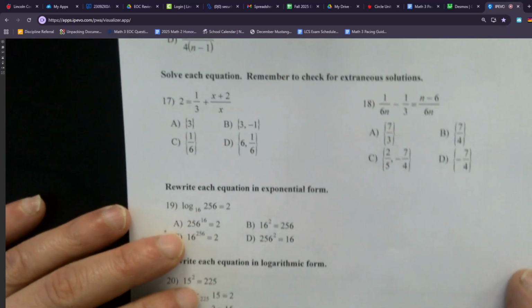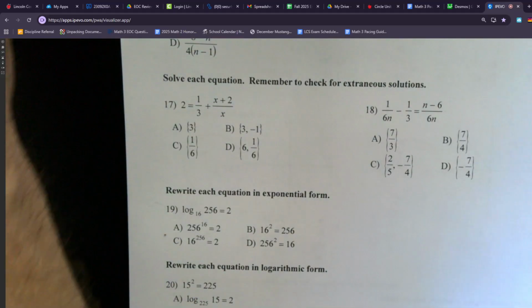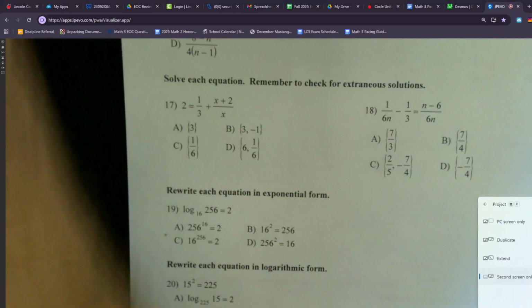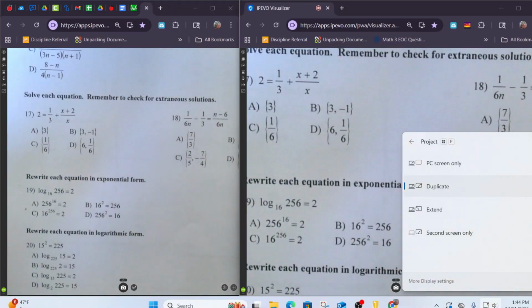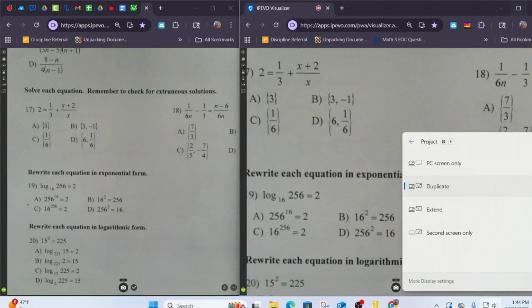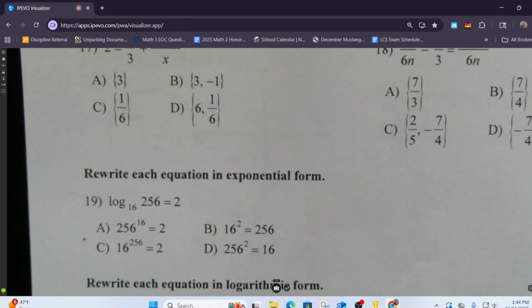All right. So guys, the number 17. Now guys, I don't care really if you know how to do these things or not. I'm going to show you how most of this can be done using Desmos, regardless of whether you know how to do it or not. Okay. Now,